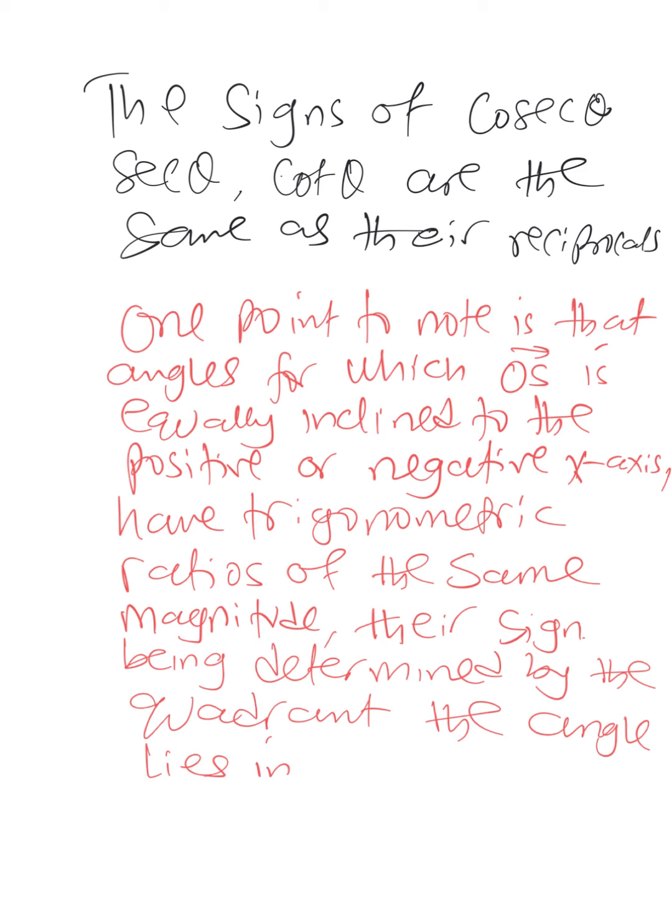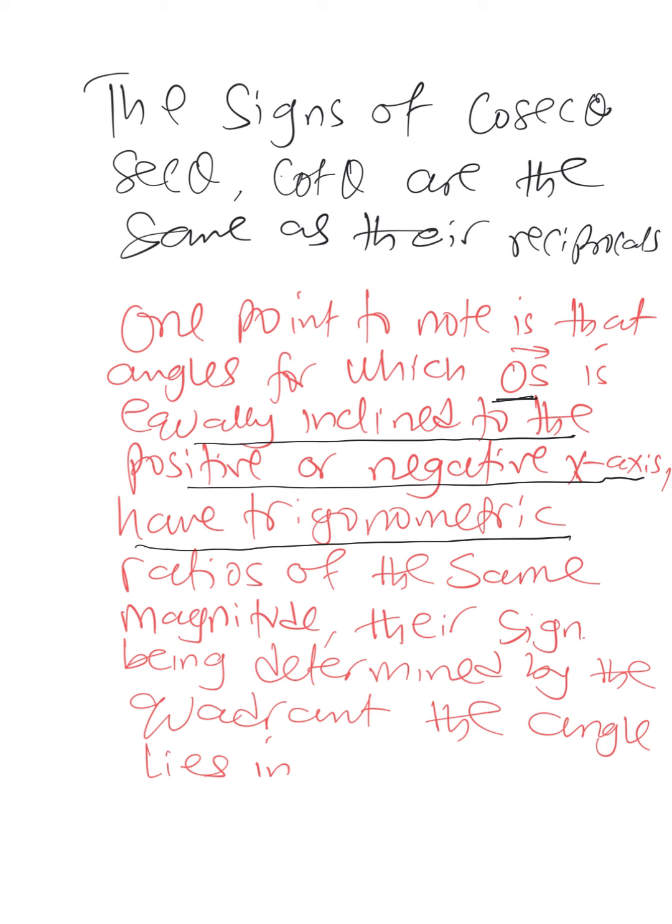So, emphasizing here, one point to note is that angles for which OS is equally inclined to the positive or negative x-axis have trigonometric ratios of the same magnitude. Okay, same magnitude. What does this mean? This is the point worth noting. Okay, let's consider